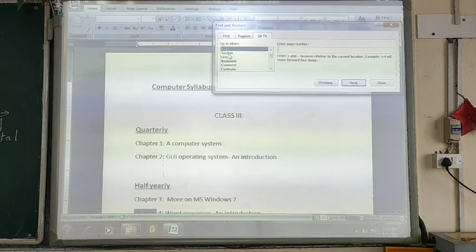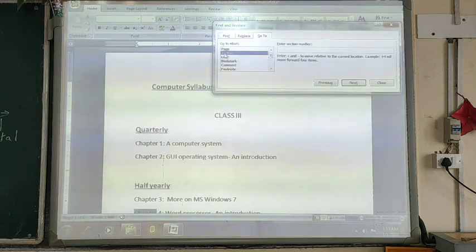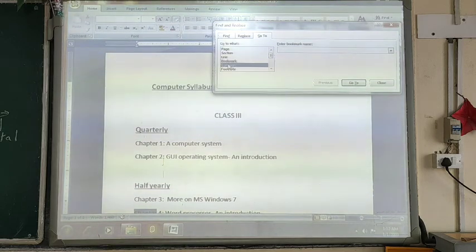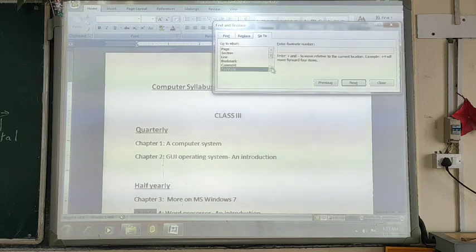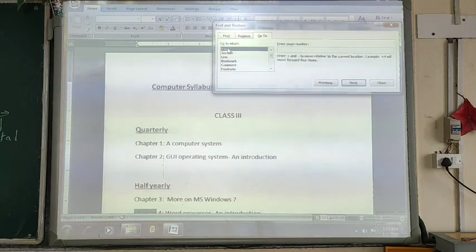You can go directly without scrolling each and every page again and again. You can move section wise, or you can directly move to any line number, bookmark, comment, footnote, endnote, field, table, graphic, objects.